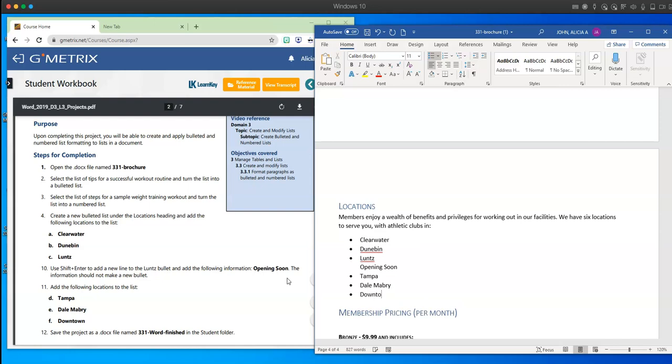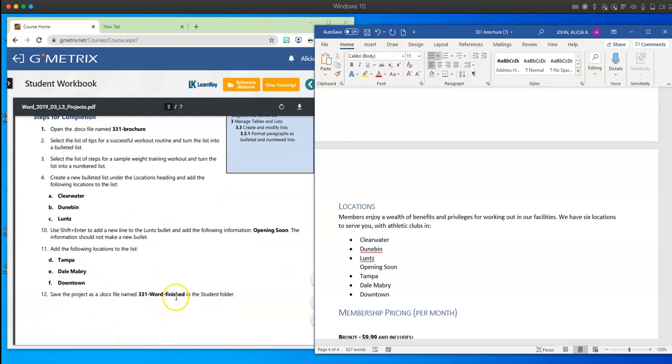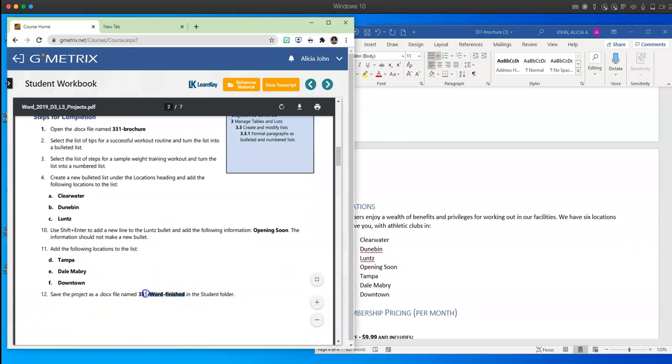And downtown. And the only thing left to do is save. So I'm going to select the name of the assignment, copy,